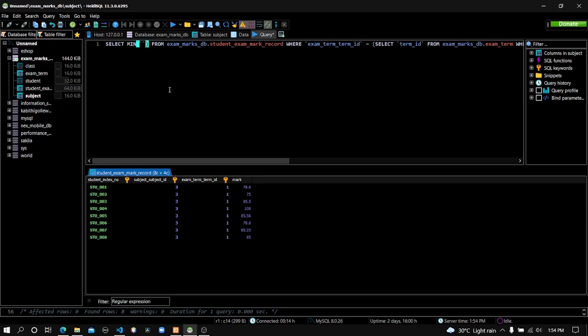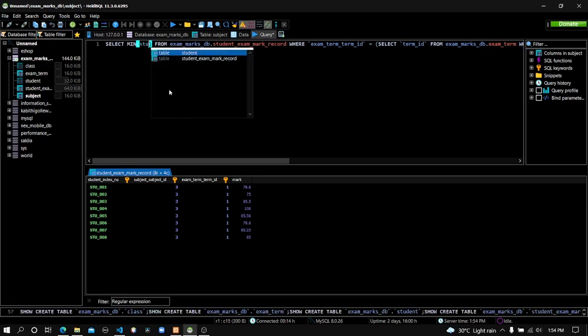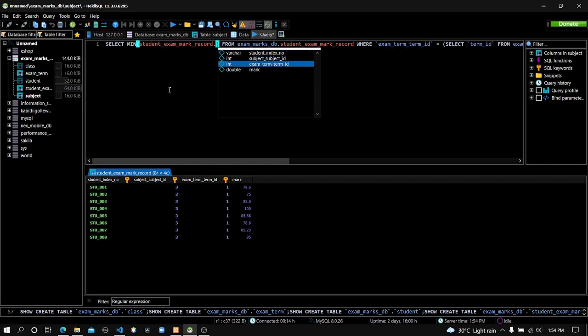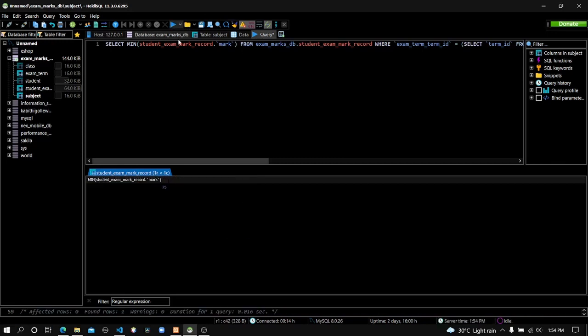Before that, it's better you mention the table name. So student exam mark record, and then the mark attribute inside that table. Let's execute this one. You can see the minimum mark recorded in the first term test of the Sinhala subject is